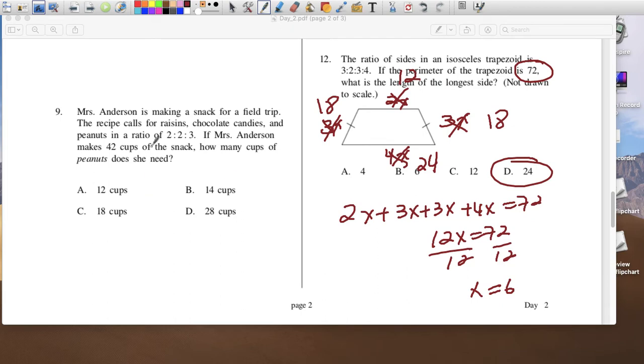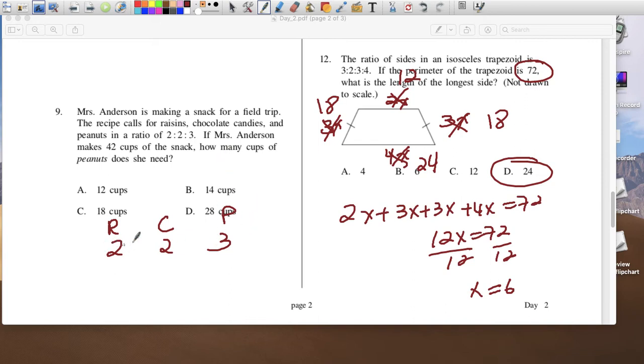This one, Mr. Anderson is making a snack for a field trip. There are raisins, chocolate candies, and peanuts in the ratio of 2, 2, 3. So 2, 2, and 3. I'm going to write raisins, chocolate, and peanuts in the ratio of 2 to 2 to 3. So imagine for a second,